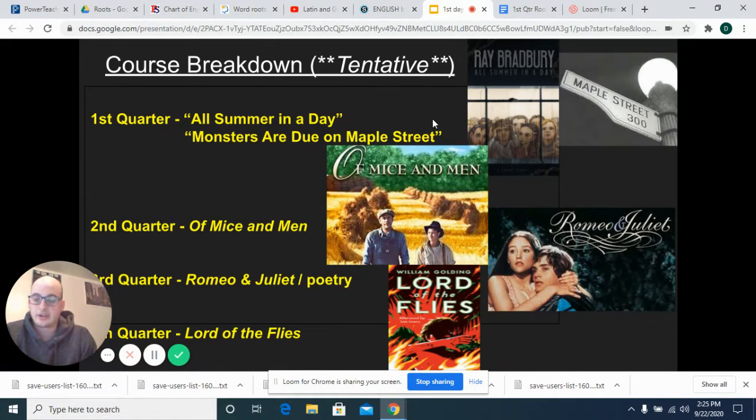As far as a breakdown of the course, this is what my course would look like in a normal year. The first quarter is All Summer in a Day, which is part of the summer reading, and Monsters Are Due on Maple Street, which is a Twilight Zone episode. For any of those who remember or used to watch Twilight Zone, it's a great episode because it's a science fiction episode, but it really is a commentary on what was going on in America during the 50s, with McCarthyism and the Red Scare, with everyone being afraid of communists and Russia and all that. So we go from sci-fi into that,